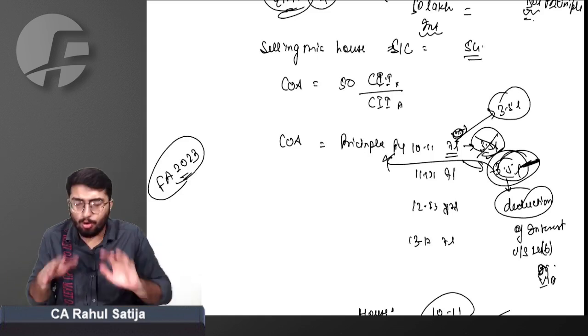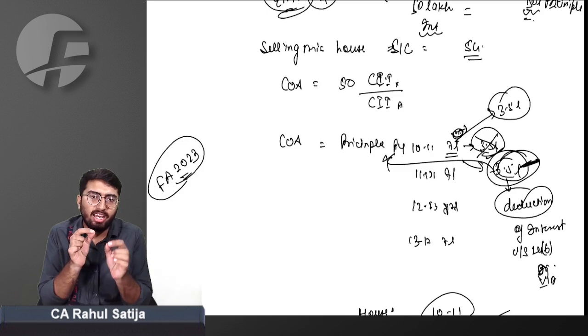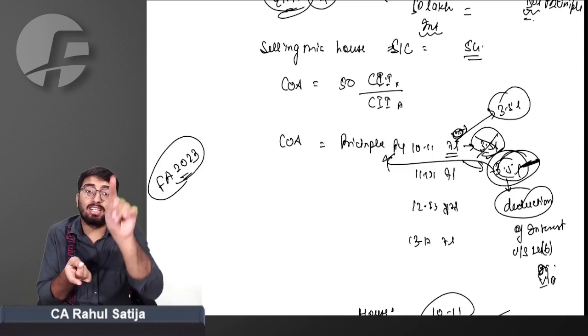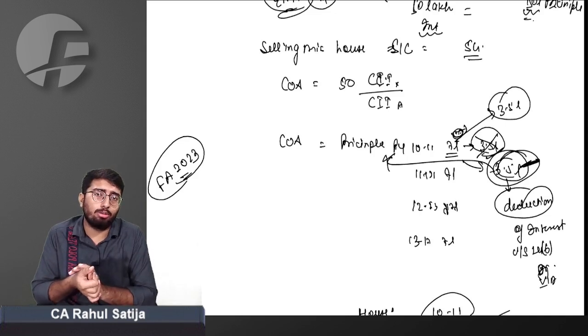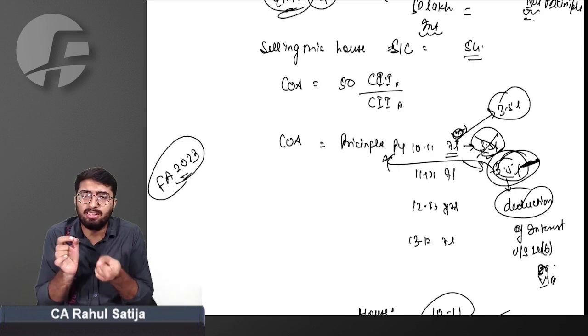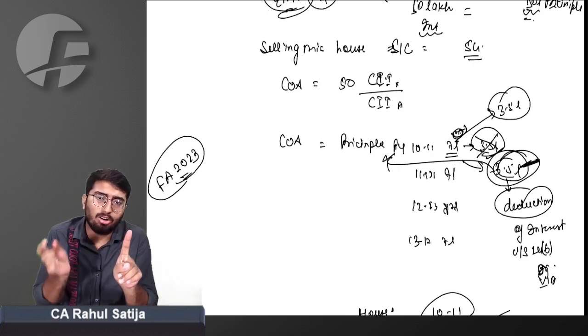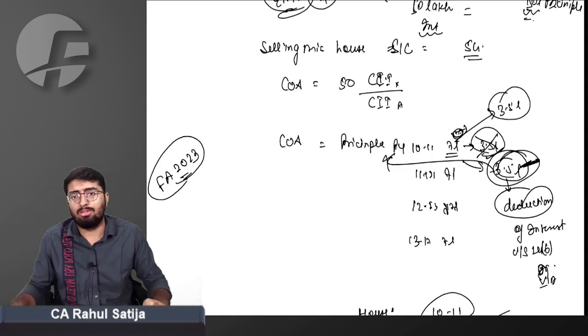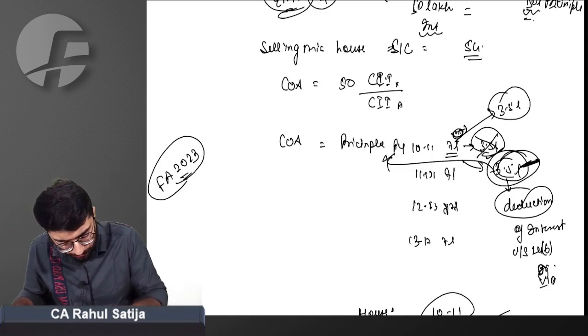The bottom line I am putting is, if any interest is paid for a housing loan and deduction of such interest is already taken under section 24B house property or Chapter 6A, then in that case such interest paid will not be allowed to be added in cost of acquisition at the time of selling such house. Got this point or not?